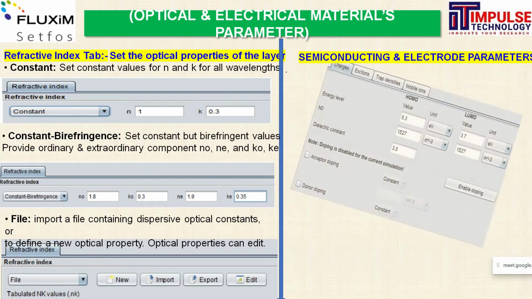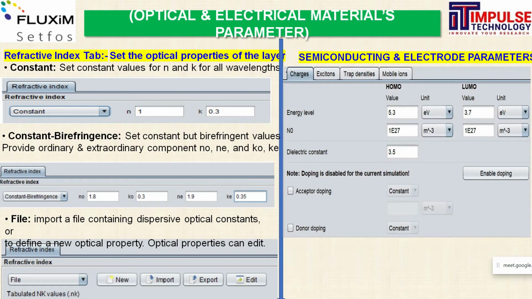So refractive index and semiconducting materials parameters like energy levels, HOMO-LUMO levels, density of states, dielectric constant, you can dope particular layers with particular concentrations. Either you can do acceptor type doping or donor type doping.